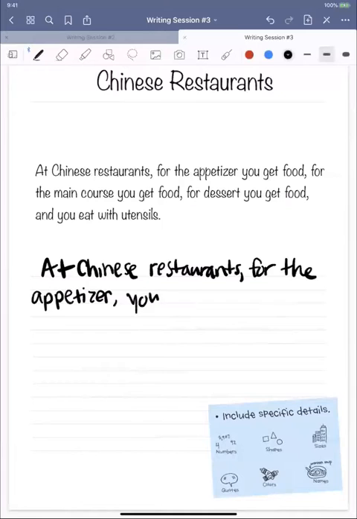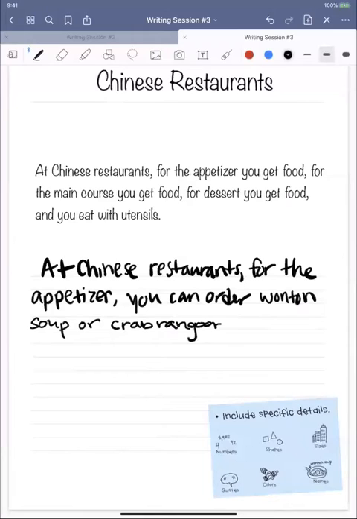You can order wonton soup or crab rangoons. And I also want to use numbers, right? So I have my exact names by using wonton soup and crab rangoons, but I want to try to include some numbers. So I could maybe say, let's see, you